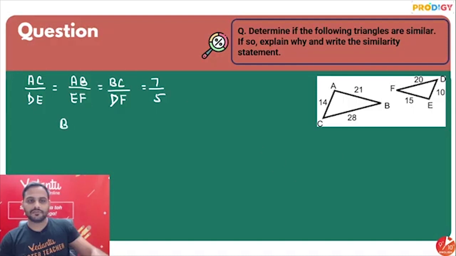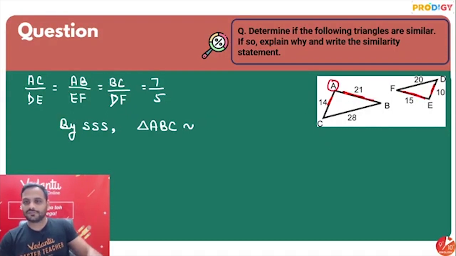Alright, so by side, side, side rule, I can say triangle ABC will be similar to, let's find out the corresponding side. So देखो, AC and DE are corresponding. Then AB and EF are corresponding. So the intersection point of these two is A, here it is E. Now for AC the corresponding side is DE, so C and D will be corresponding points to each other,